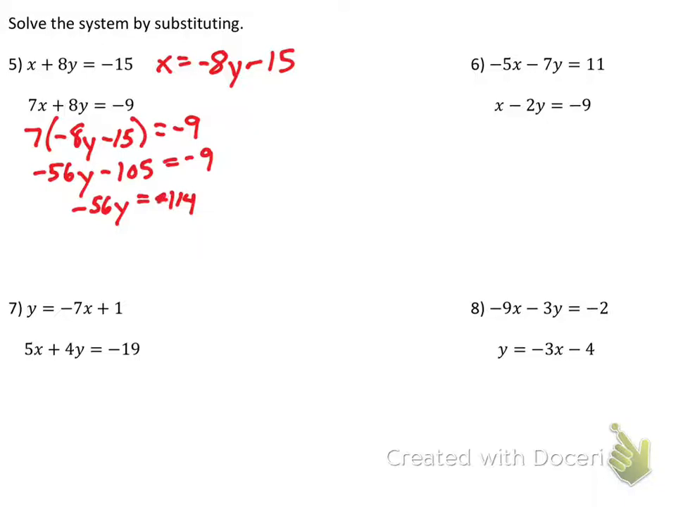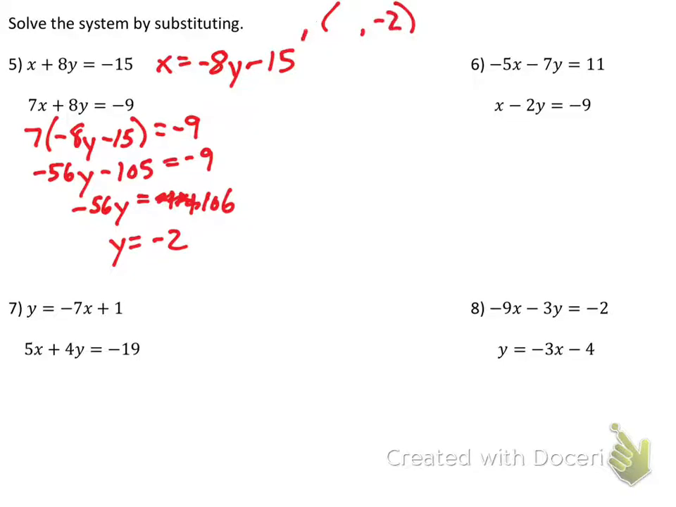This would not be negative 114, this would be 106. Make sure you're using your calculator. So then y would be equal to negative 2. All right, so if y is equal to negative 2, and I can keep track of that up here in my coordinates,